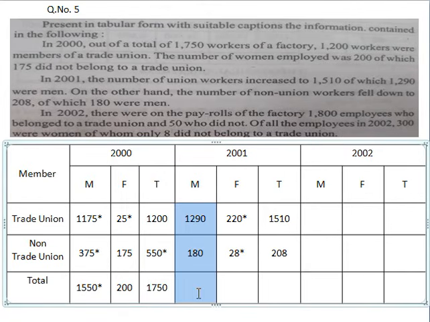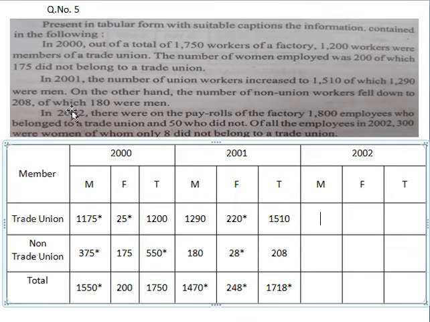The new vertical total now, this one. So 1290 plus 180. If you add these two, how much? 1290 plus 180, so it was 1470. This was computed. Then you add this one, 248 also computed. And you find this one now, 1718. If you add this side also, it comes to 1780. So this was the answer of 2001 computed.